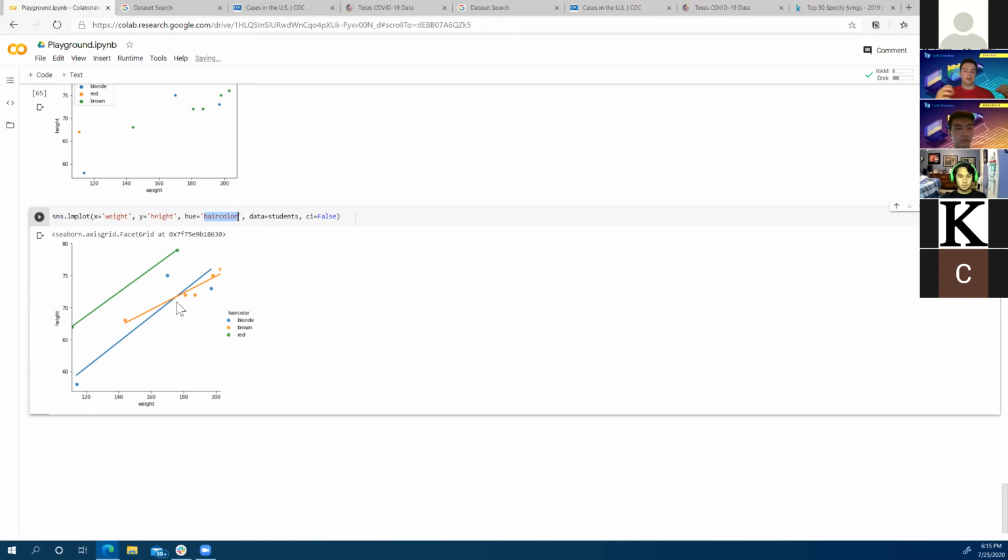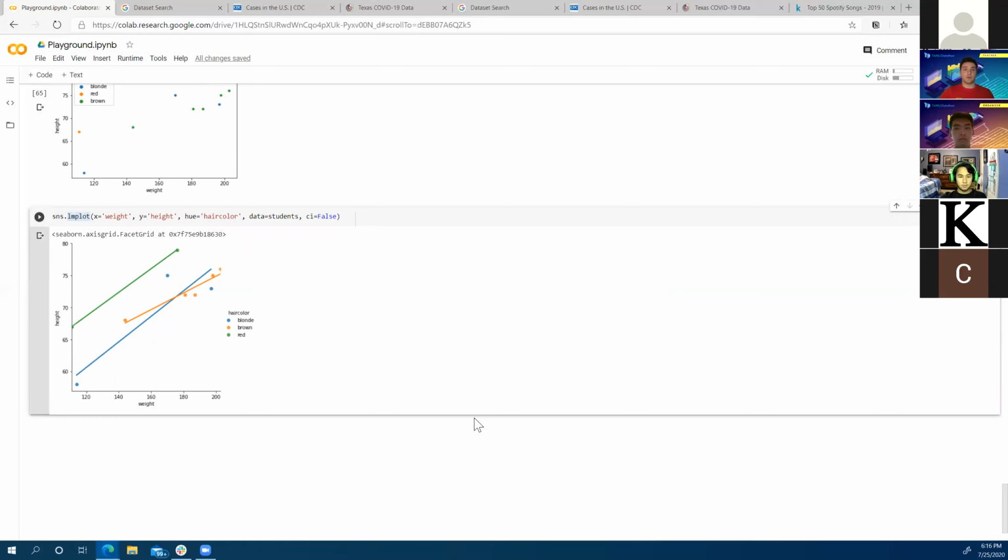So if you can imagine having an enormous data frame with a bunch of information, but that information can be divided into categories, this might be a really cool way to plot all those data points and then plot the best fit lines for the different groups. So if you're looking for different types of relationships, this is a really useful plot.